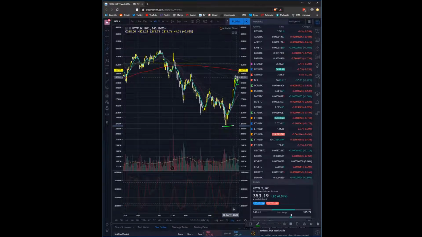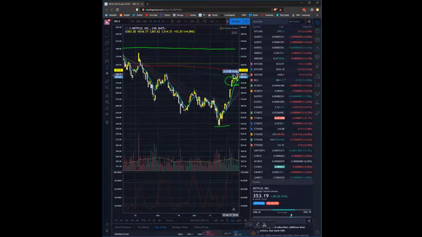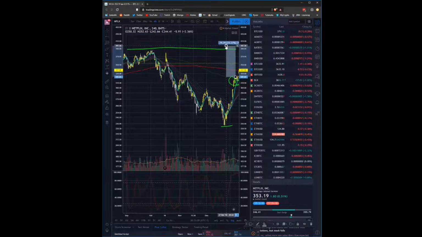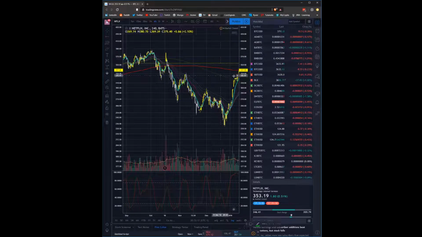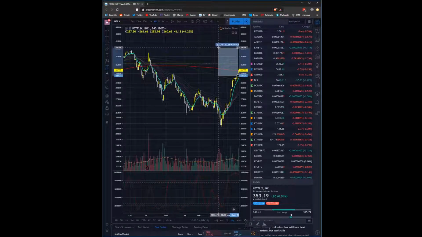If I'm looking to short here and anything into here, what am I going to do if price just rallies up to there? Yeah, I'm going to short there, but wouldn't it make sense if I could make some money on the way up to where I'm going to short? So then your hedge could be making some money in case your stop gets run. What if we just short this all the way up and then it just runs our stop? Instead of just taking a max loss, a 2% loss, now you're taking a 2% loss and maybe like a 1% gain, depending on how much you hedge.